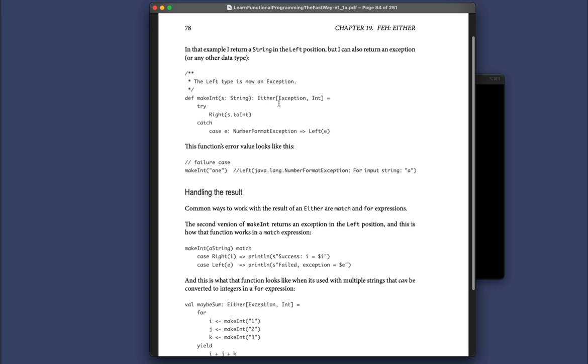On the next page of the book, I show here that I do return an exception. So instead of being an Either of String and Int, now it's an Either of Exception and Int. And that's because, as I mentioned before, now I just return the e, and it has this type NumberFormatException. So now that I return e, this one is an exception in the Left position. And if you should have a failure, like this one right here, now you see that this one is actually going to be a NumberFormatException inside of here. And as I have mentioned, the Right position, again, this is a convention. That's the point I'm trying to make. The Right position contains the success value by convention, and also by convention, the Left